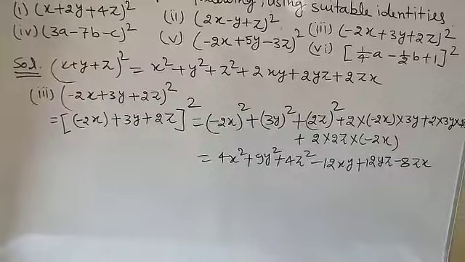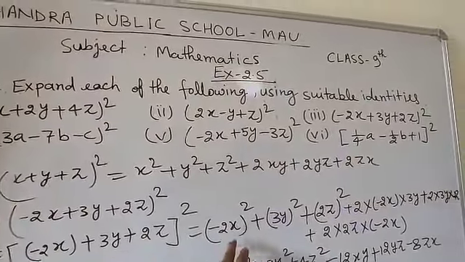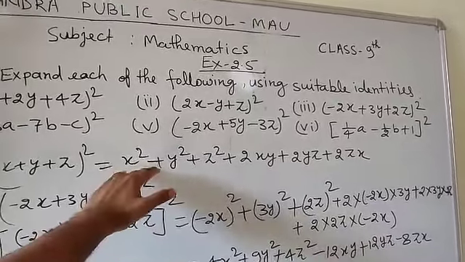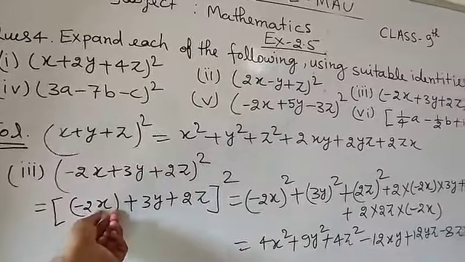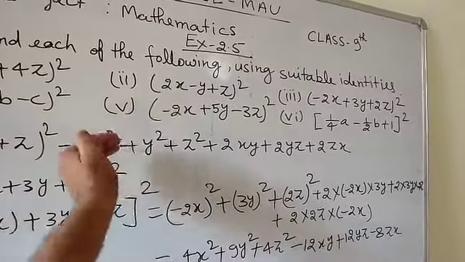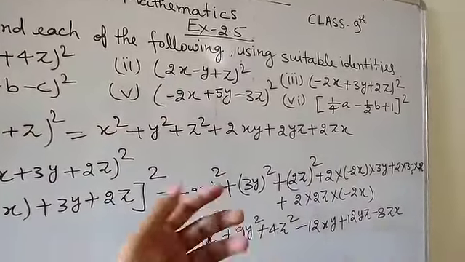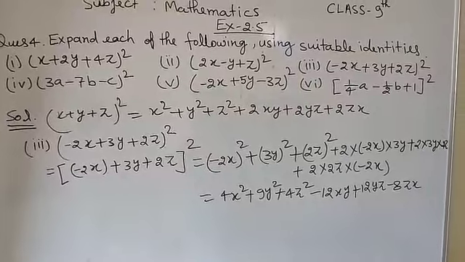So if you are having a negative term in the bracket, you need to take that negative term as it is and use the same formula. Here you can find that I have used the same formula only; if a negative term is given, I have written the negative term in the place where x, y, z is given. So in this way you can find the square of a negative term also.